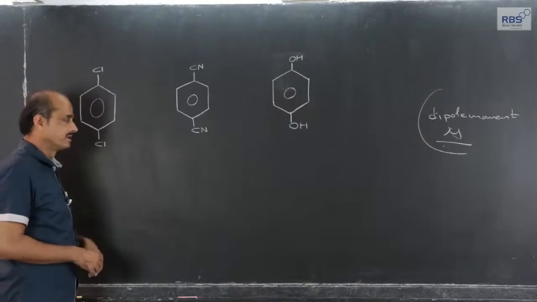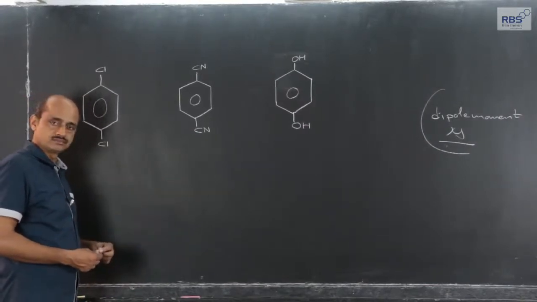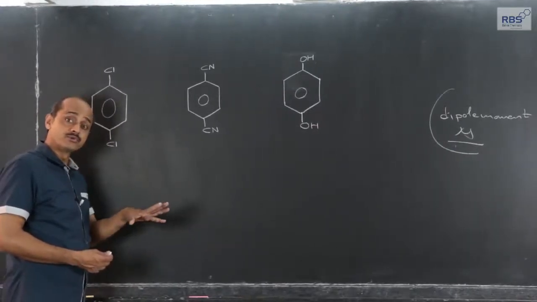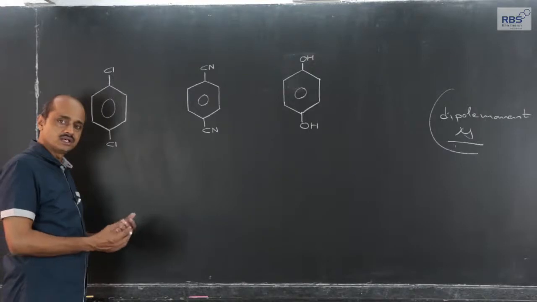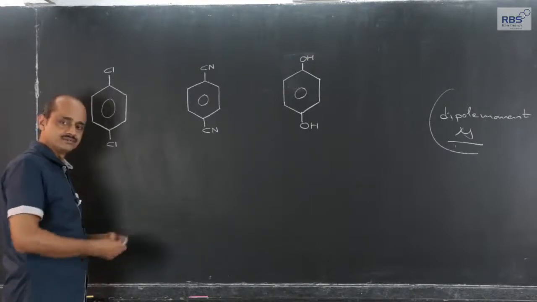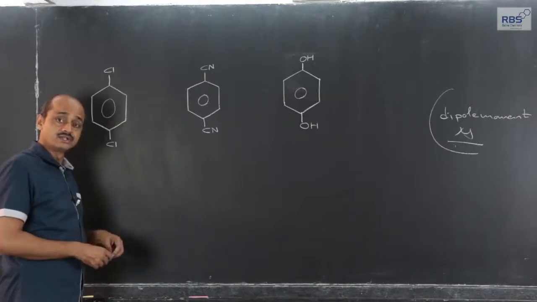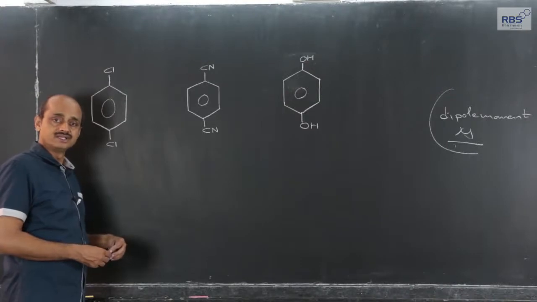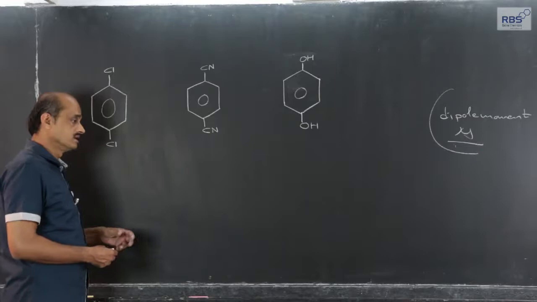Effective polarity, dipole moment, like what I have just explained to you in case of CO2 and in case of BF3, the dipole moment is 0, because those are planar, symmetrical molecules, and the polarity gets compensated. CO2 is linear, BF3 is planar, and the bond angle is 120 degrees. But ammonia is not symmetrical, and therefore it has certain dipole moment.